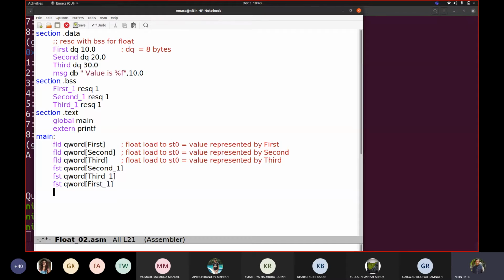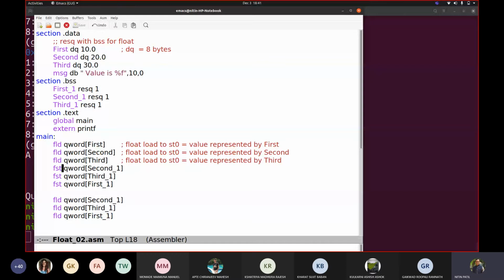Now suppose whatever values were stored, I will again load them into my register. So I will write FLD, FLD, FLD. Because I cannot see stored values, if I try to display the variables, it will give me an error. So we have loaded the values with first, second, third into st0, st1, st2, and all those values will be stored. That's our understanding, correct?